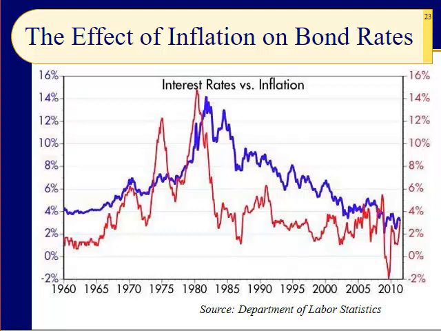And they jacked up short-term interest rates, the Federal Reserve Bank. It broke the back of inflation, caused a severe recession, actually caused two. But look, inflation came down to more moderate levels, and so did the interest rates over the next 2 decades. And then look at what happened in the Great Recession. Inflation actually went negative. Prices started falling. That's called deflation. And as dangerous as inflation is, deflation can be a whole lot worse.